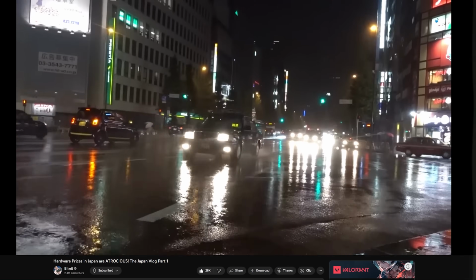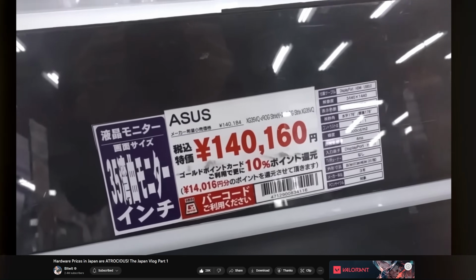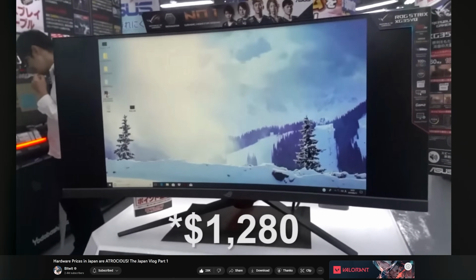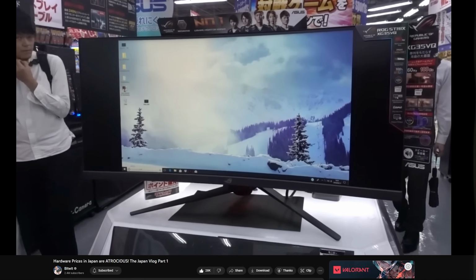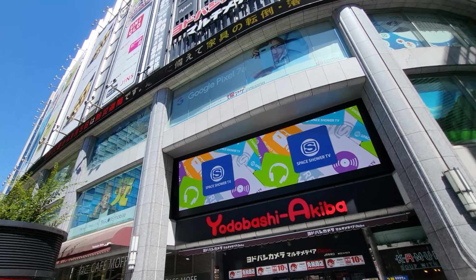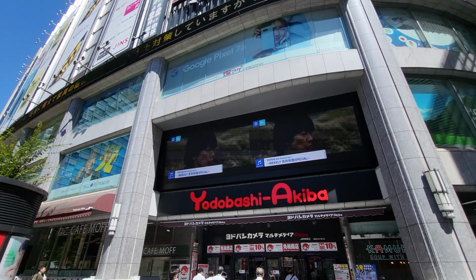So I just finished checking out a place that fellow YouTuber Bitwit checked out when he came to Japan and he was looking for PC parts. Now there's a reason actually that I usually never come to this place. It's called Yodobashi and it's actually really big. It's a 7-story building that has so many different electronics in there, from cameras to TVs to aircon units